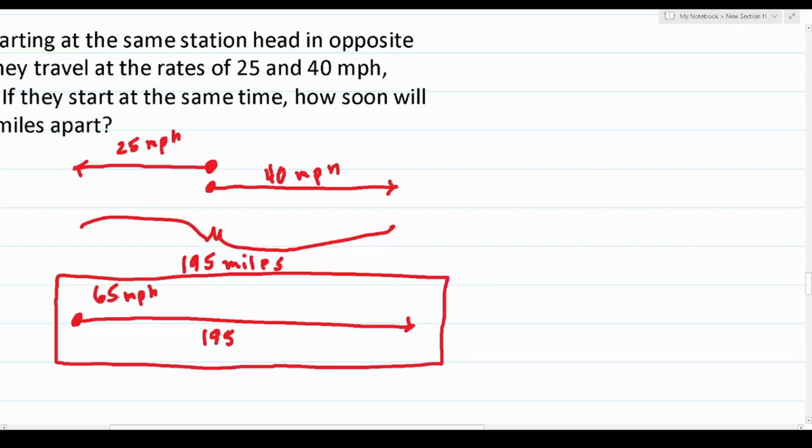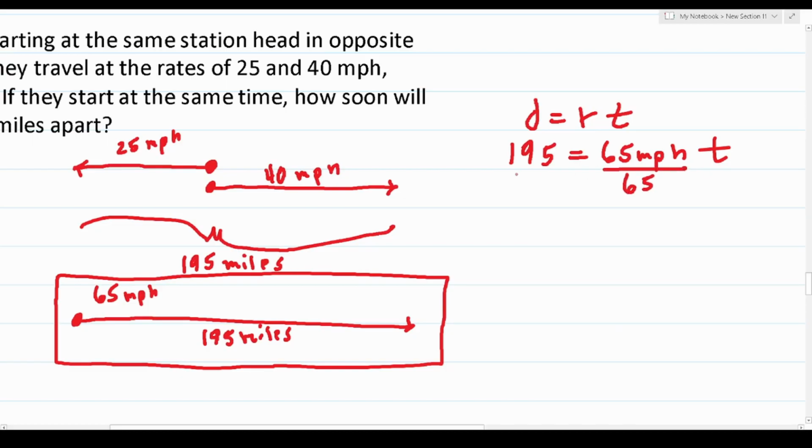bottom scenario. Again, we have all the elements of the distance formula. The distance formula says distance equals rate times time. We know what our distance is. Distance is 195 miles. In this case, we're using a combined rate of 65 miles per hour. And we want to know how long it's going to take them to cover that 195 miles. So what we're going to do is solve for t, which means we're going to get t by itself. So we're just going to divide both sides by 65. This is going to cross out here, leaving you a t over here. And as we can see,